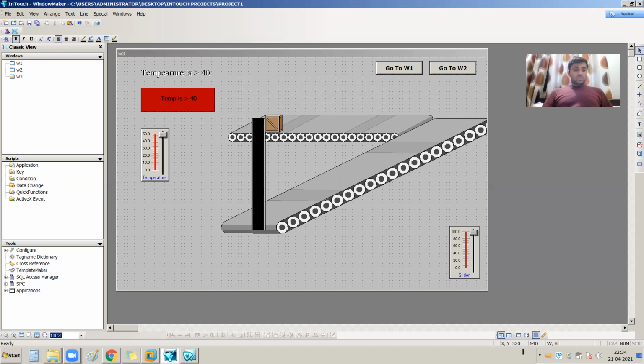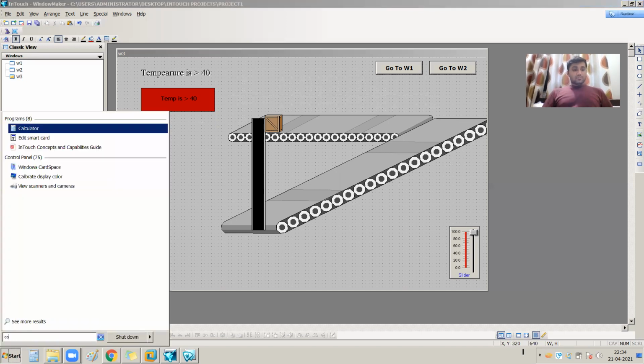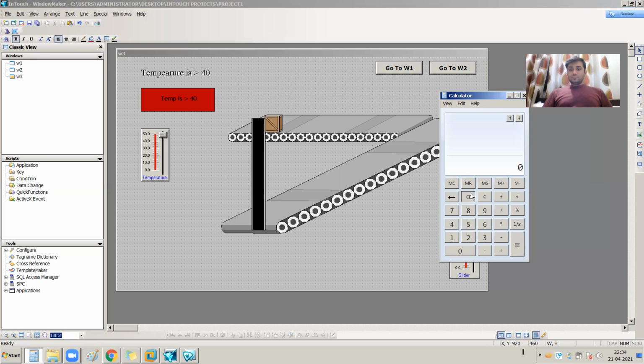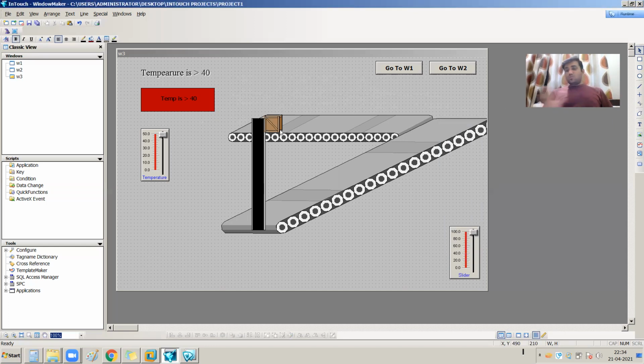I am opening my calculator: 1020 minus 440 is 580. So my movement in the x direction, from left to right, goes from the zeroth position to 580.